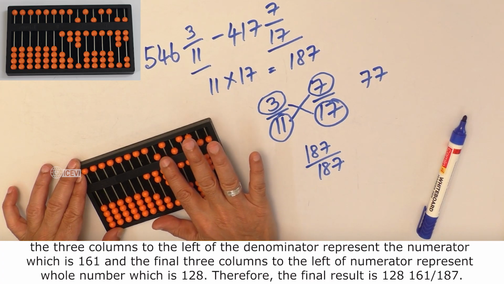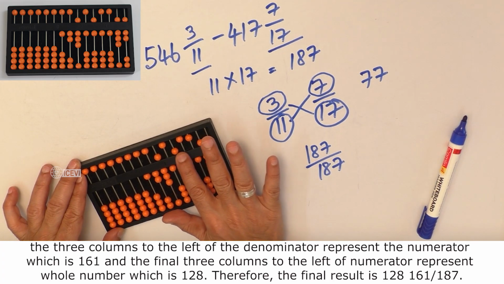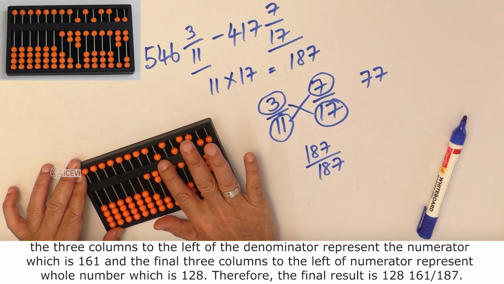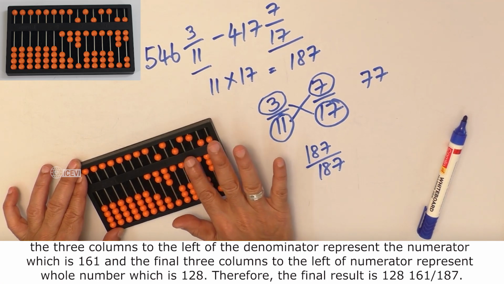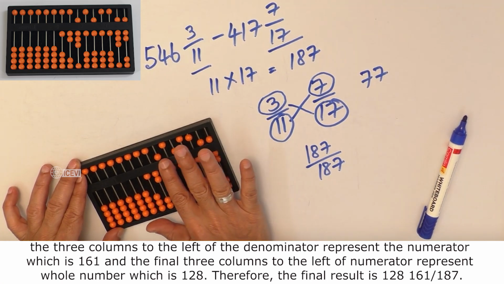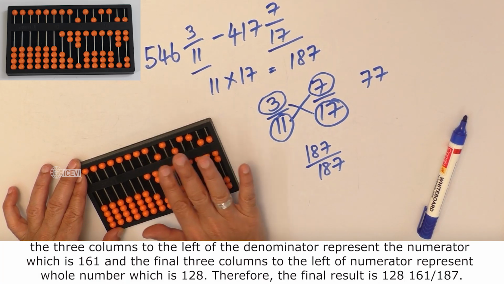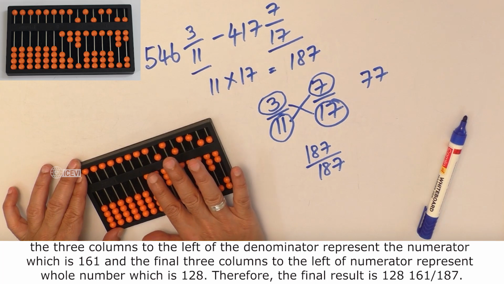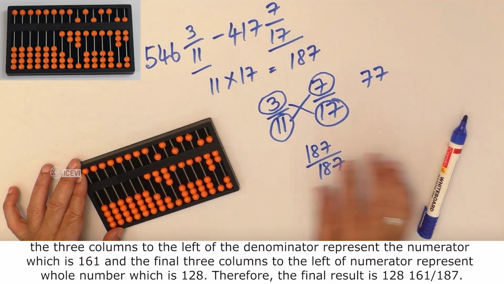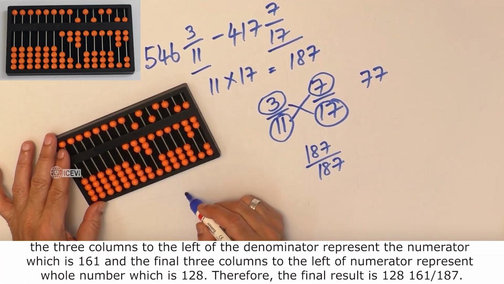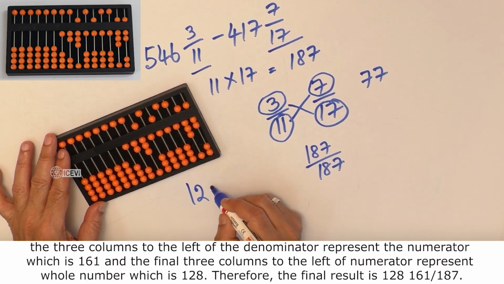The 3 columns to the left of the denominator represent the numerator, which is 161, and the final 3 columns to the left of the numerator represent the whole number, that is 128. Therefore, the final result is 128